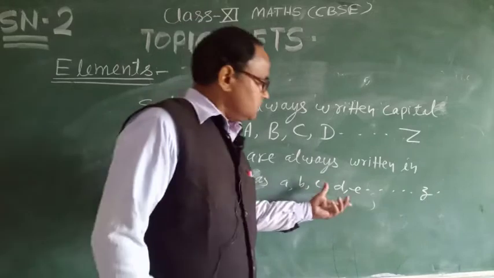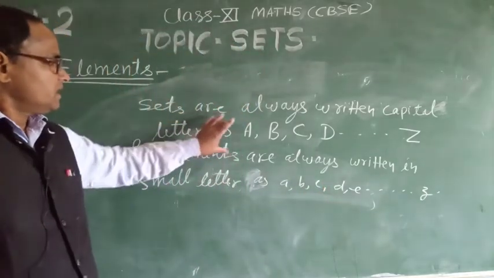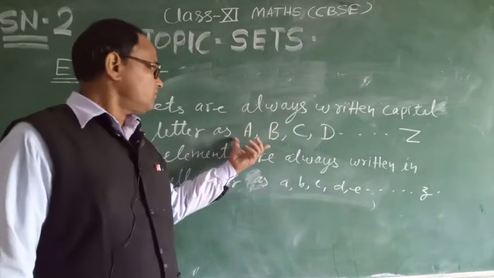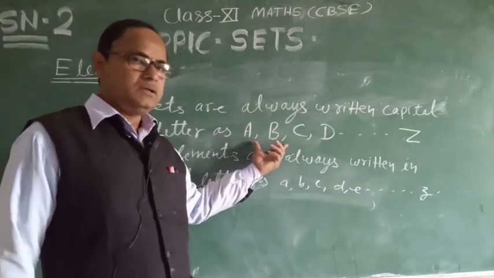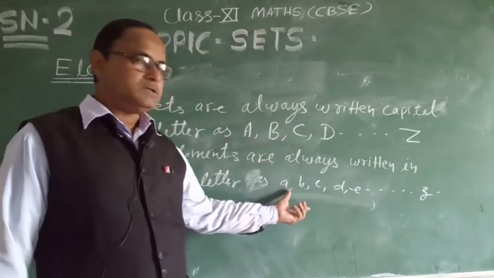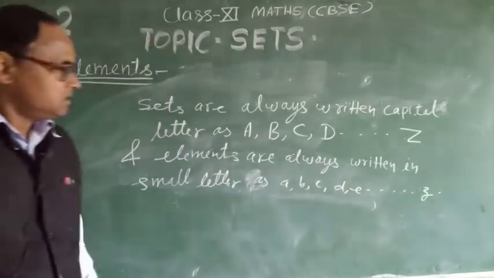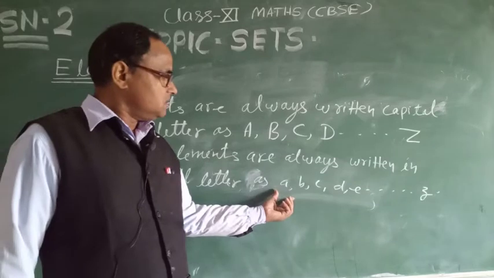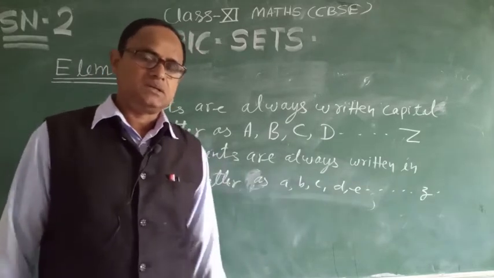Okay, thus sets are always written in the form of capital letters and elements are always written in small letters of English. Okay,